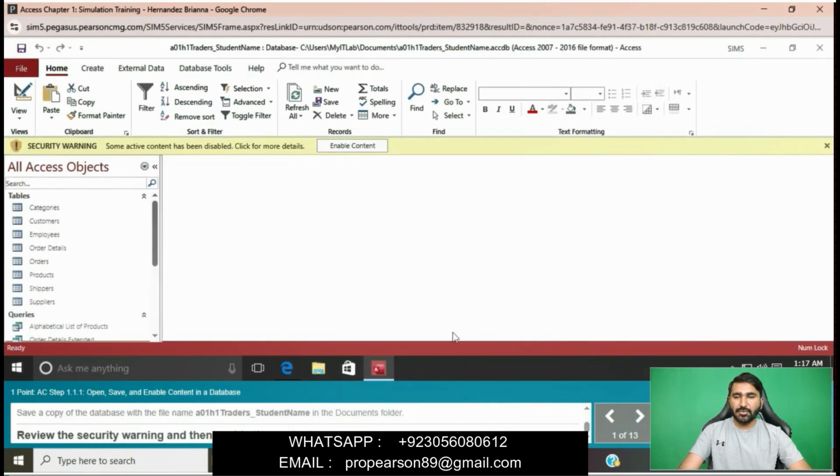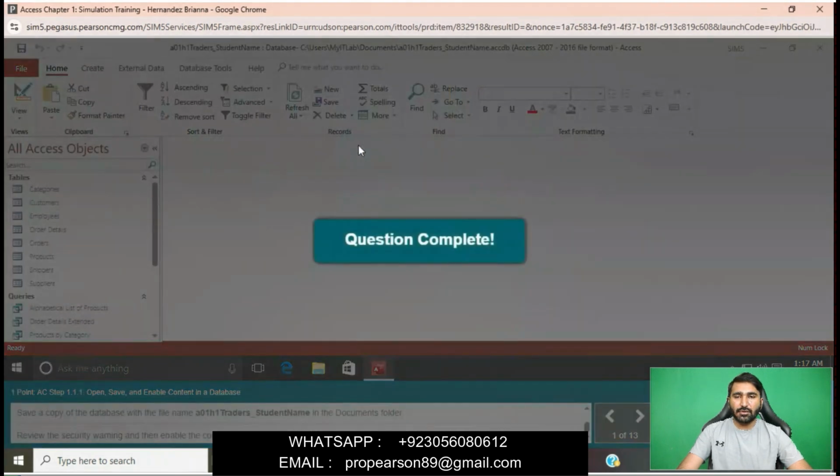Simply click on Save. Review the security warning and then enable the content. You can see on top of this screen, Enable Content. Okay, question is completed now.